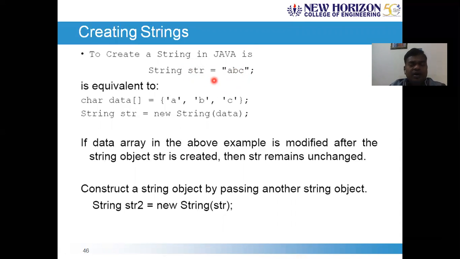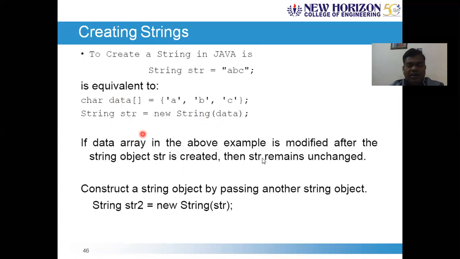Another alternative or indirect way of creating a string is to create an array of characters and specify each of the characters separated by commas. It may be any number of characters. Altogether, this character array can be passed as an argument to the string constructor. And of course, str will be ABC. For indexing, str of 0 is A, str of 1 is B, and str of 2 is C. That is straightforward. Both are the same technique for creating a string.